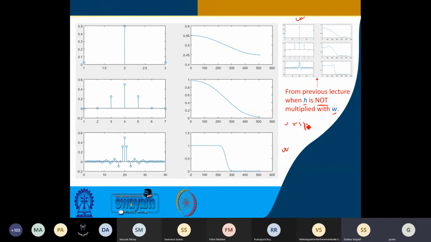So it also seems that the attenuation in the stop band is lower. Stop band attenuation. That is another thing. Right. That is another thing. And sir, it also looks as if the transition width has increased. Transition width, very good Sridhar, you have a very sharp eye.